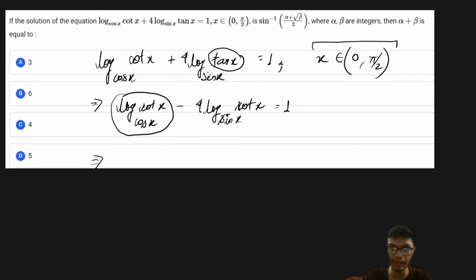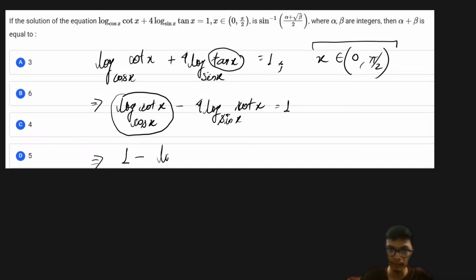So what I'm going to do over here is, in order to solve this inequality, we need to have the common base, right? We need to approach the answer in a common base, otherwise we are not going to have the solution for it. So we can also write this similar expression over here, and we can write this as 1 minus,